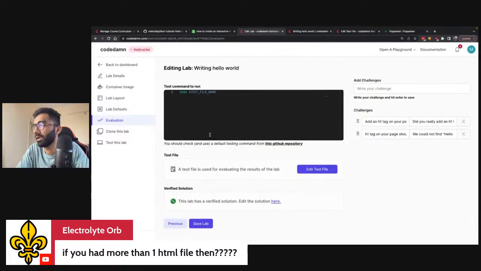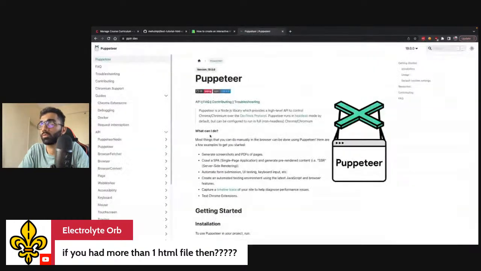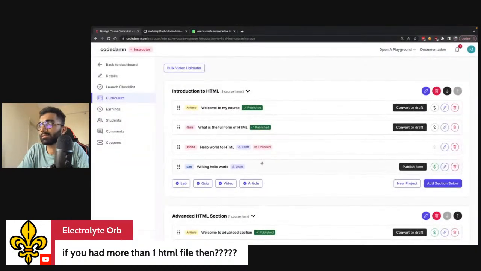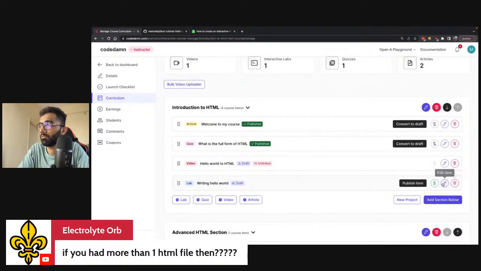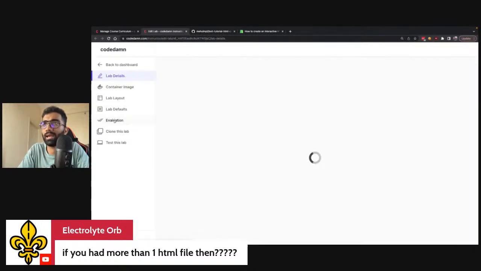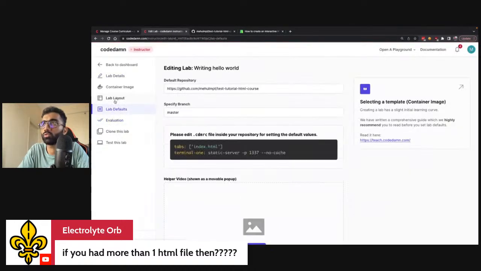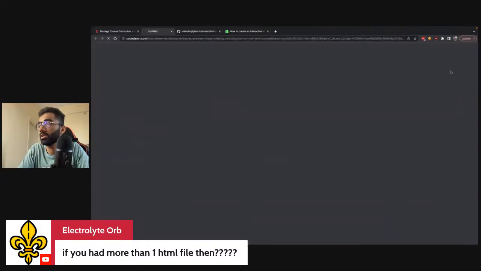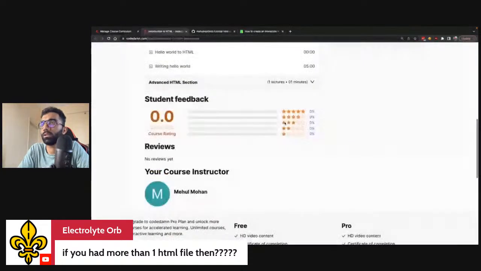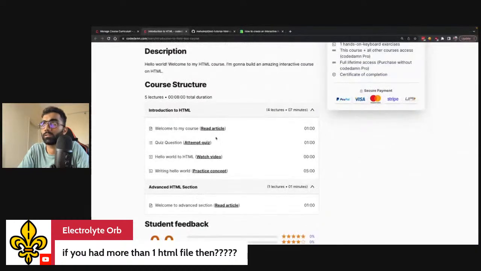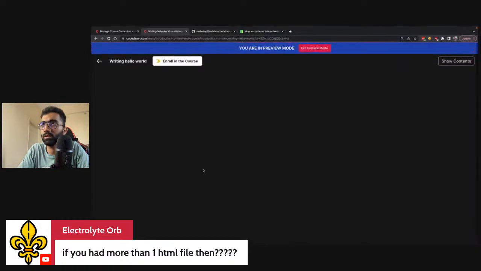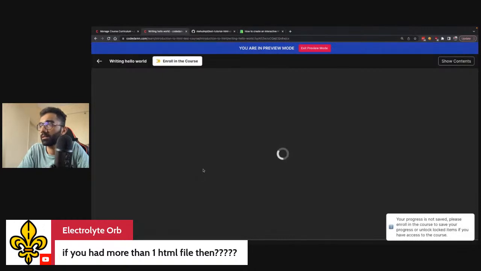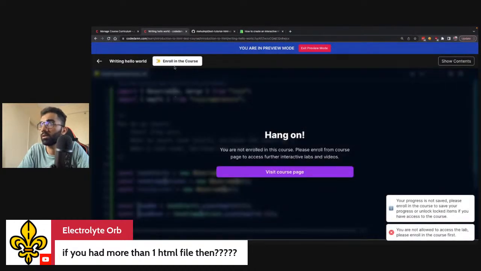Now, let's go ahead and close this tab for labs as well. Because we have already linked this lab over here, let me just refresh this. Because we have already linked this lab, if you click on this edit, you can see this lab is now prepared and it's ready to be used by anyone inside of your course, right? You can publish this lab item and that's it. Once you have published this lab item, you can just take a look at this particular lab inside of a preview mode. You can practice this concept and let's see if this boots correctly. If we are not enrolled in the course,